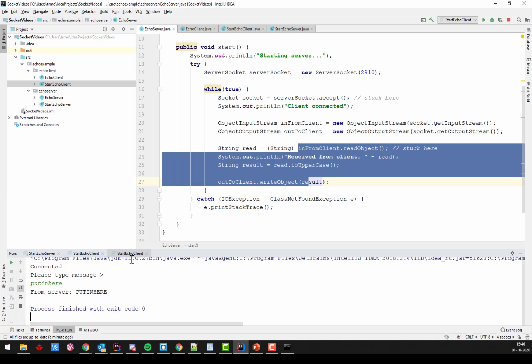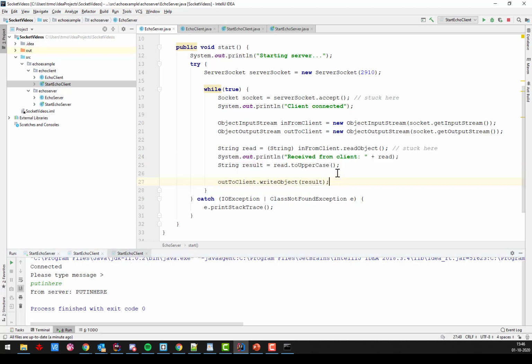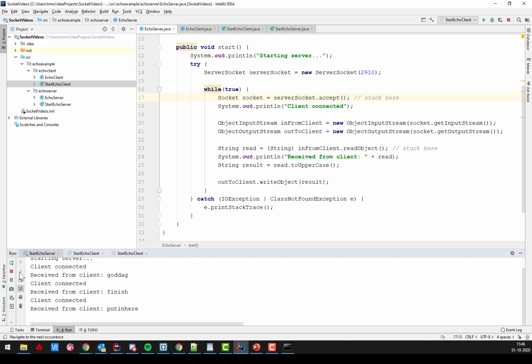One client is handled at a time, and obviously this is not a good approach if you have many clients trying to use the server. So in the next session, we're going to make a multi-threaded server so that we can handle multiple clients in parallel. All right, let's jump back to the,